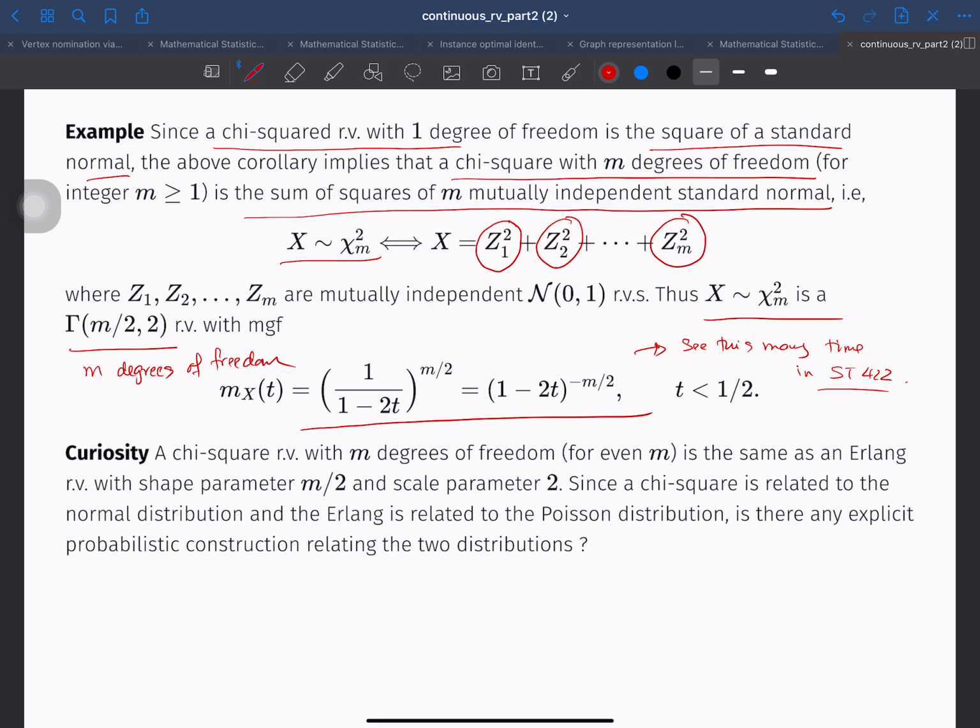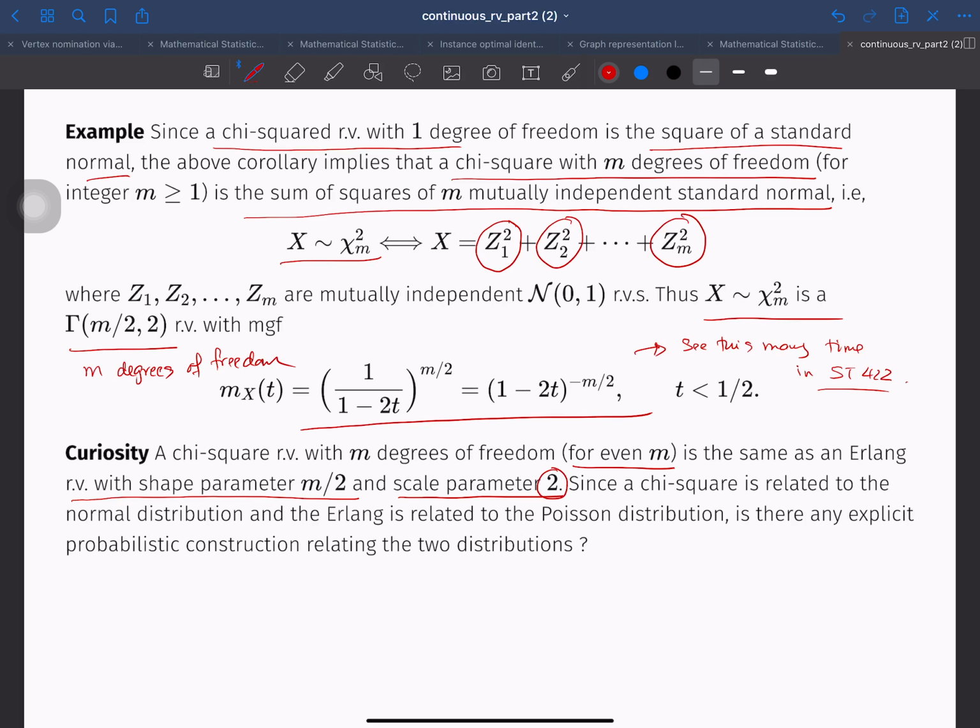So finally, as a curiosity, a chi-squared random variable with m degrees of freedom is the same as an Erlang random variable with shape parameter m over 2 whenever m is an even number. The only thing that changes is that the scale parameter is fixed to be 2. So since a chi-squared is related to a normal, the Erlang is related to the Poisson,